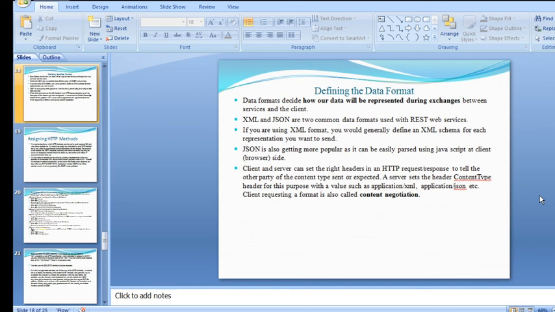XML and JSON are two common data formats used with REST web services.